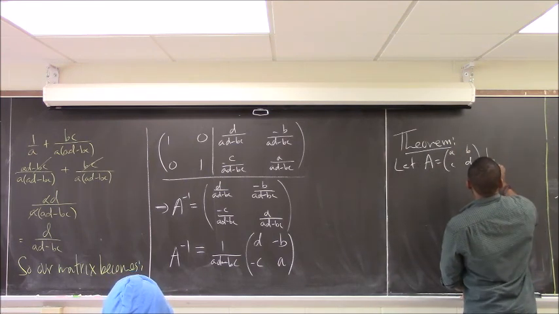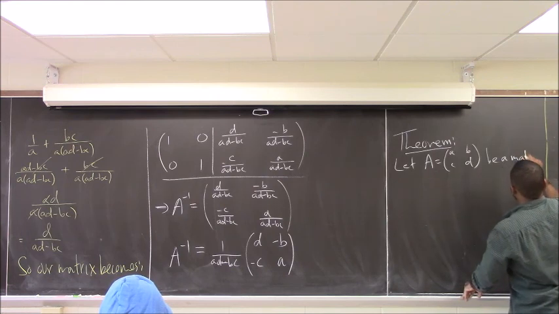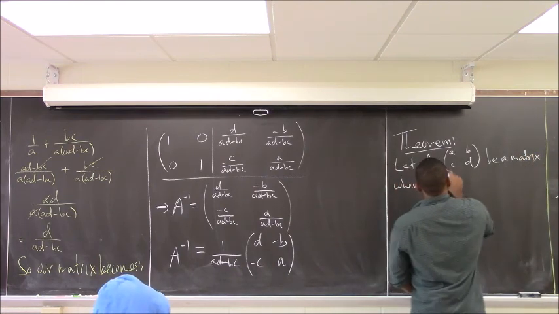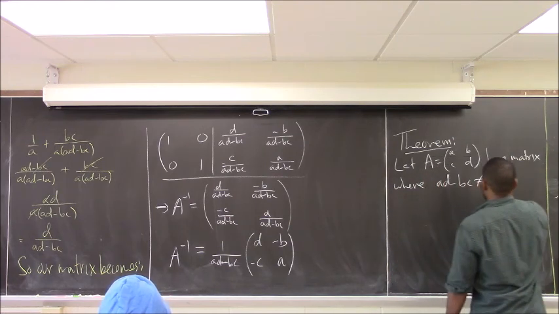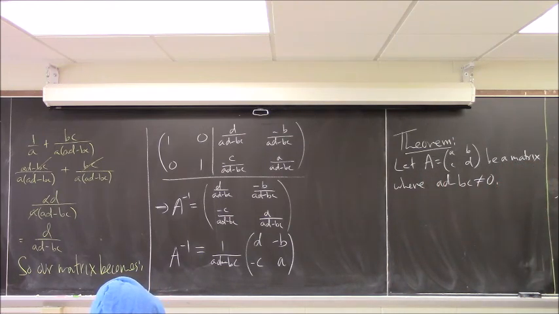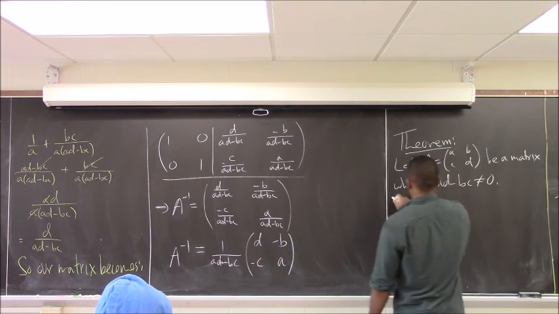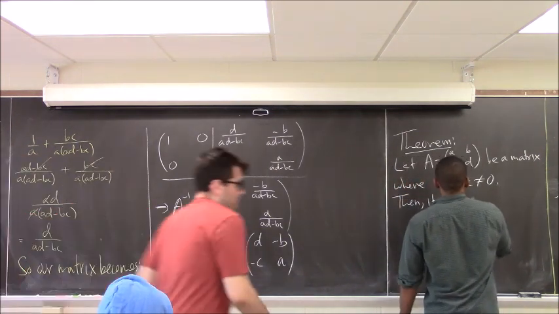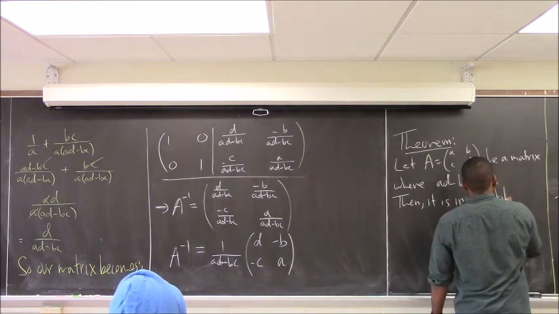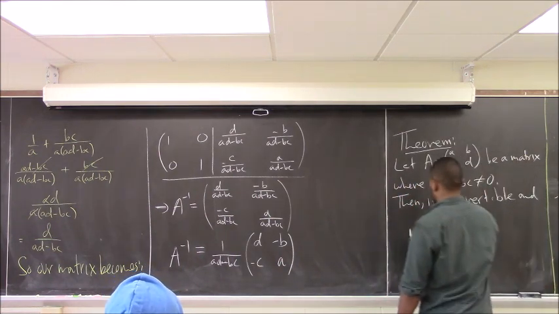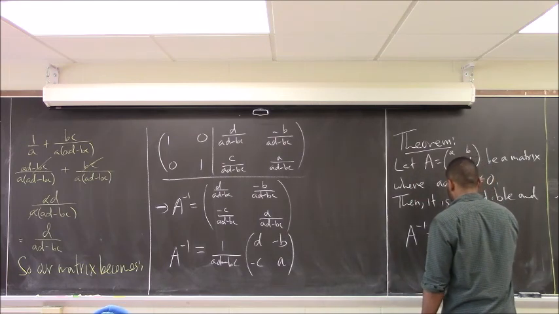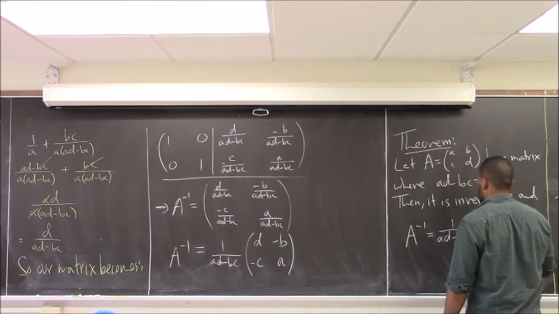Let this be a matrix where AD minus BC is not 0, so you have to do that check. Then it is invertible, and the inverse is going to be equal to 1 over AD minus BC times